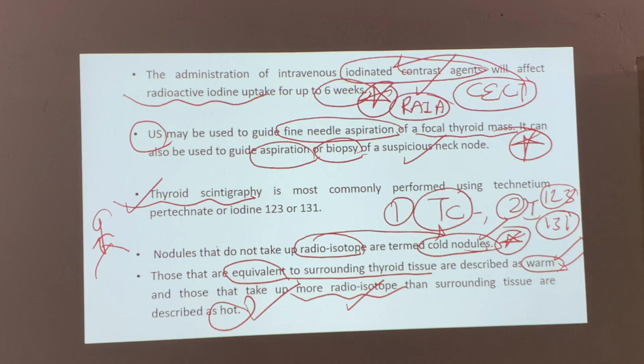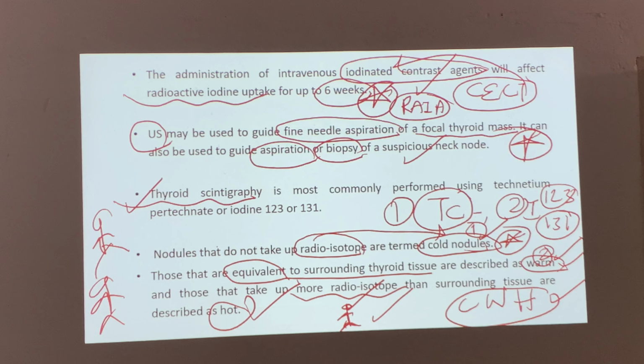So 3 types of persons, very hot person. He is taking and eating a lot of radioactive iodine, so that is one group. The other group is cold nodules, and the third group is warm nodules. So cold, warm and hot. These are the 3 terms that you have to remember when you are talking about thyroid scintigraphy, with iodine 123 or iodine 131 or technetium pertechnetate scan. Thyroid scintigraphy is a different concept, and radioactive iodine ablation is a different concept. We should not get confused between these two.